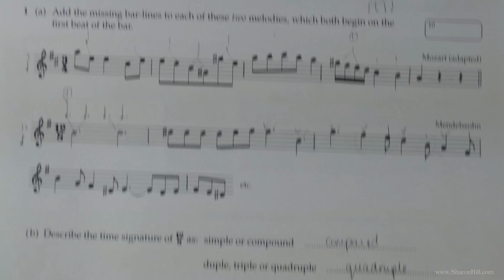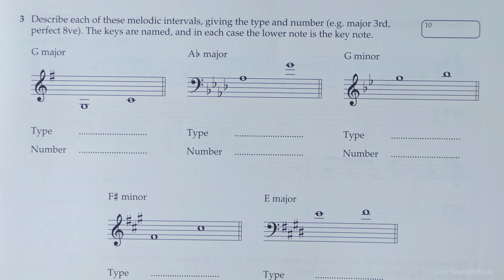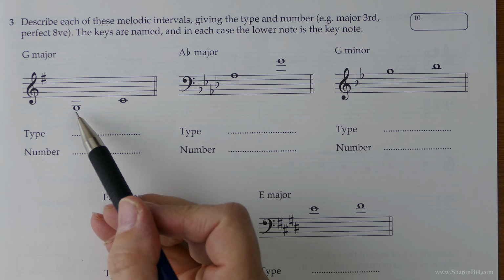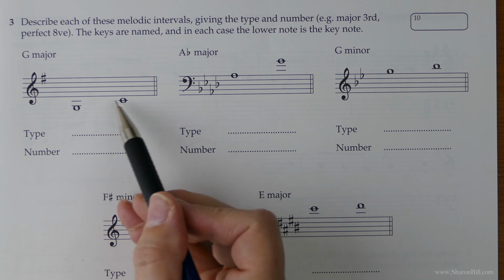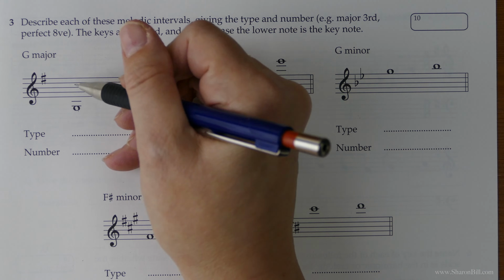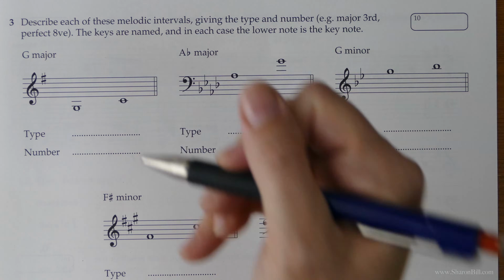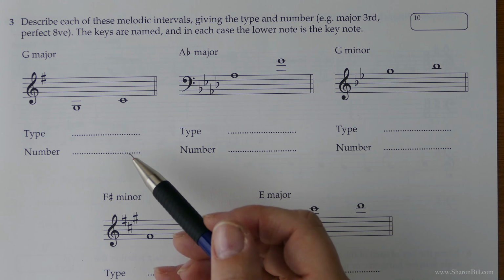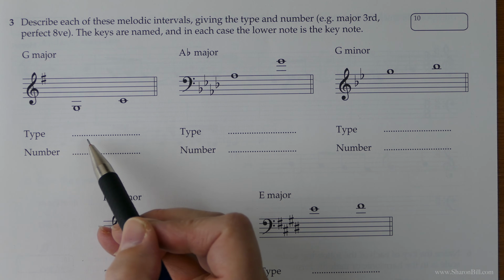So turning the page to page 7, we're going to have a look at these intervals here. And we're asked to describe these melodic intervals. They're melodic intervals because the notes come one after each other, as it were, in a melody, unlike a harmonic interval when they come one on top of each other like a harmony. So we just need to describe the number, and also we need to describe the detail of it, whether it's